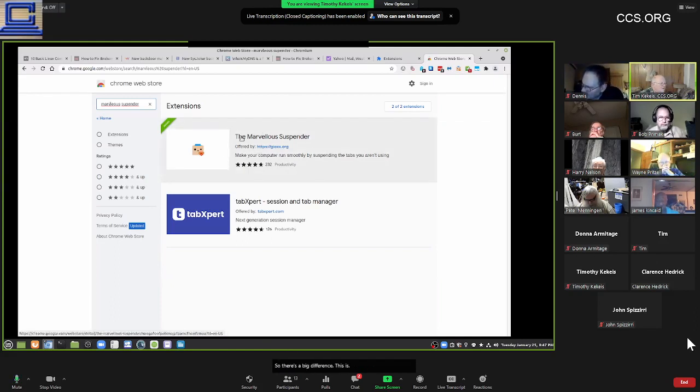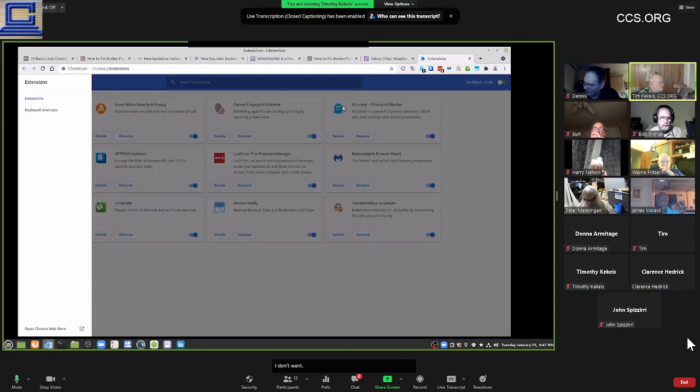This is the add-in, if anybody's interested. I found it to be just like the old Great Suspender, and I think the Great Suspender is back out there again in the store, but I don't trust it now because of the jerk that bought it out. I don't know if he's doing something unscrupulous that I don't want to deal with. So avoid the Great Suspender. In Firefox,